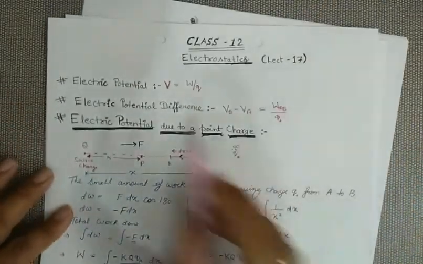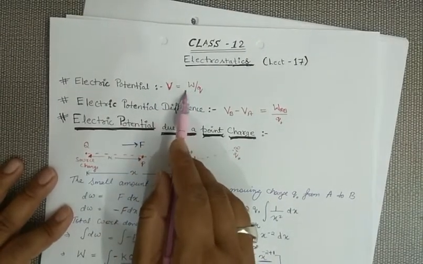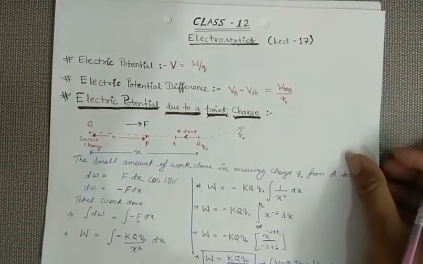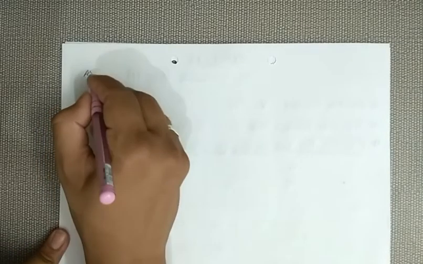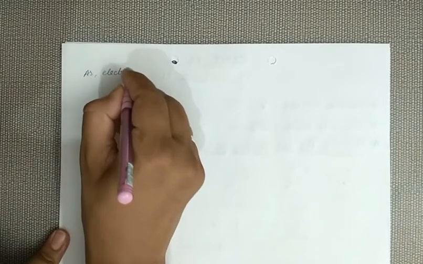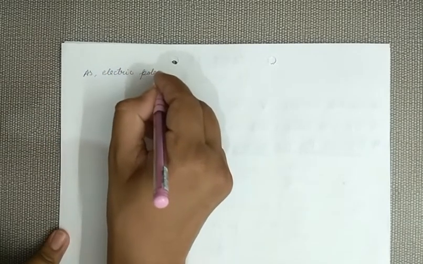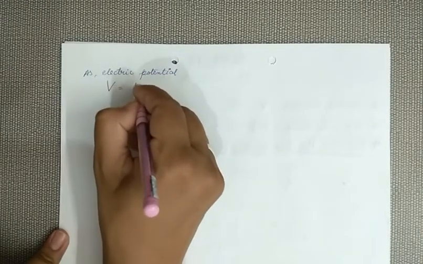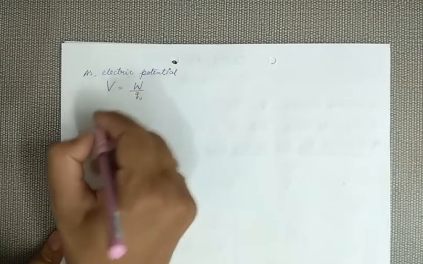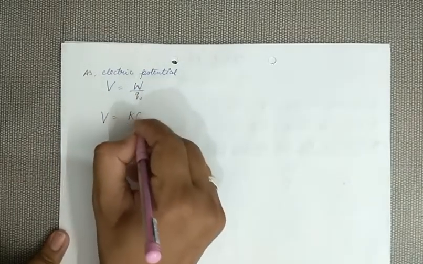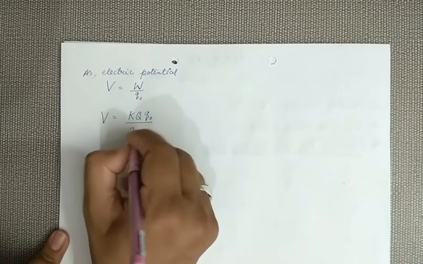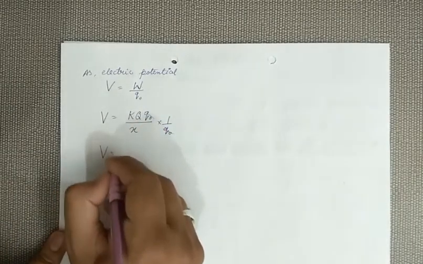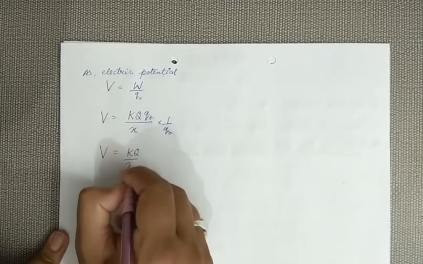Remember what we know about the potential. To find the potential, first of all we need to find the work, and my work is this much. So according to the definition of potential, electric potential V is defined as work done in moving a charge. And what is the work done? Just now I have solved. Work done is k q naught by x, and already divided by charge q naught. So on simplifying this factor, you will get k times q by x.